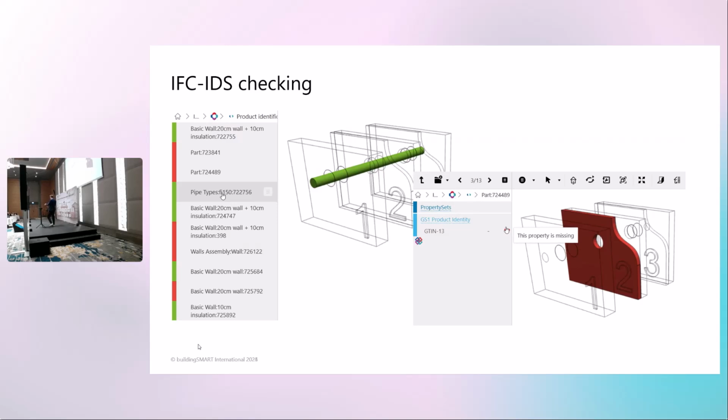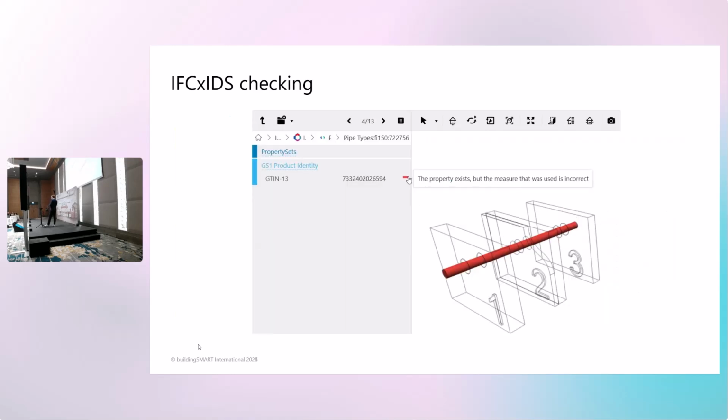In this case, you can see that, for example, the pipe has correct identifiers, but the insulation is highlighted in red because it's missing a GTIN-13 property. That's a very simple example. Sometimes it's more sophisticated. For example, the pipe has a GTIN-13, but it's not captured in a correct measure because it's provided as an integer, and it was supposed to be an IFC label. So we can do all of those checks, let's say, semi-automatically, thanks to open standards.